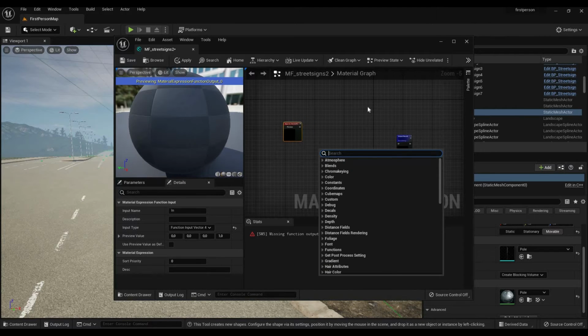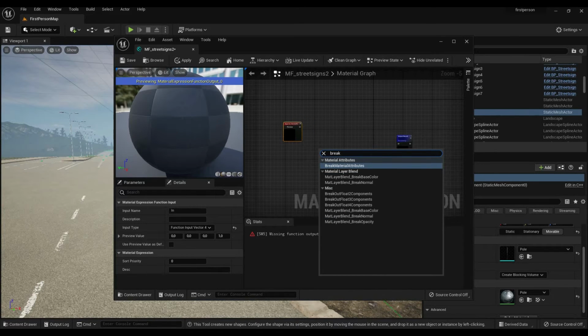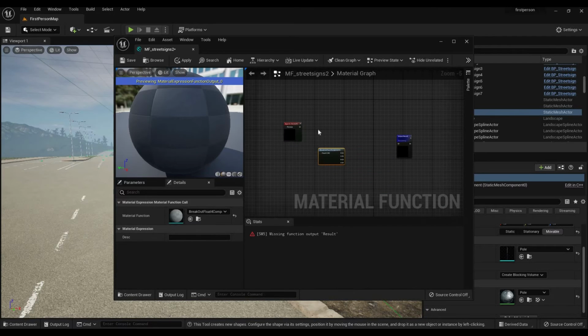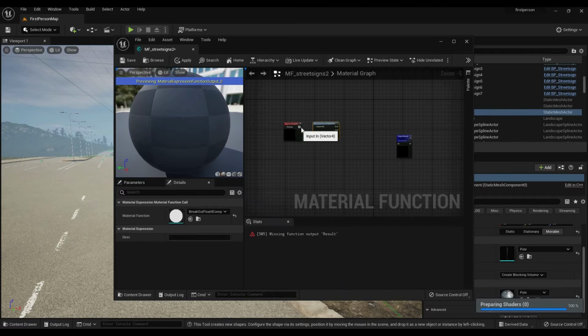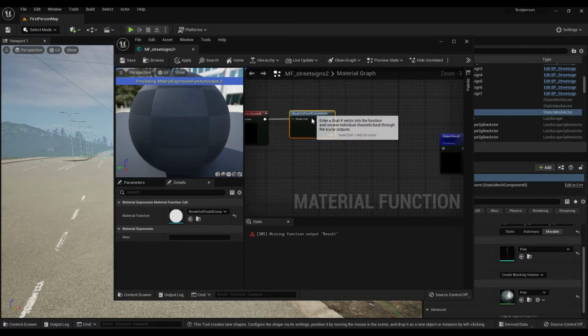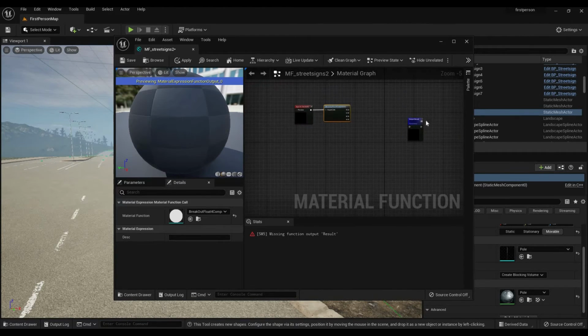We're gonna then look for break, and then we're gonna go to breakout float 4 components. So a float 4 is basically the same thing as a vector 4. And what this does is, we can plug this in here, and then we get our channels, RGBA. So